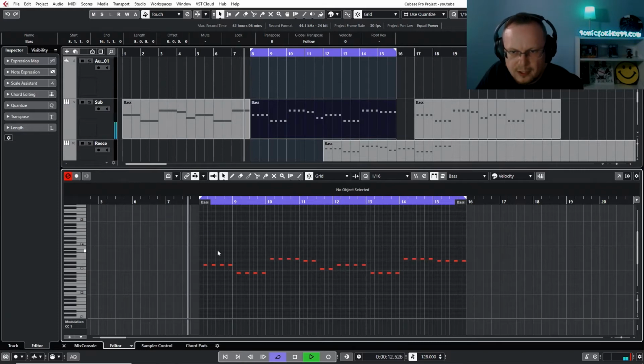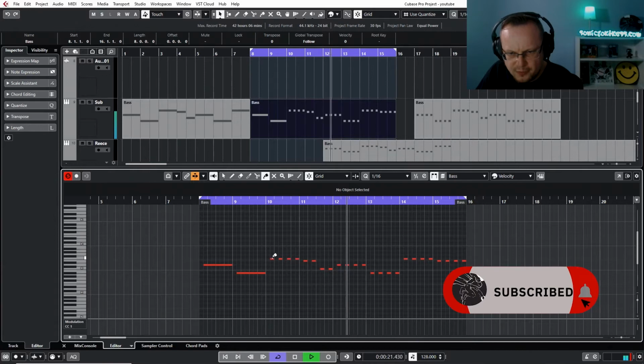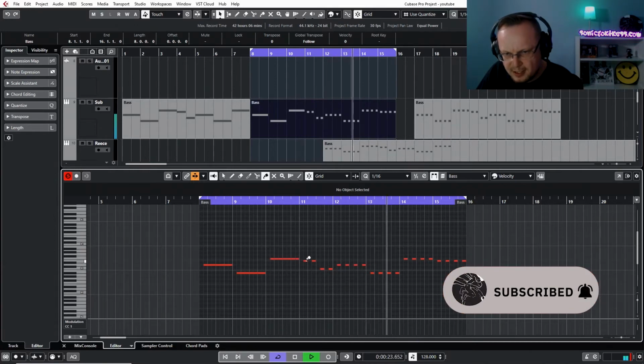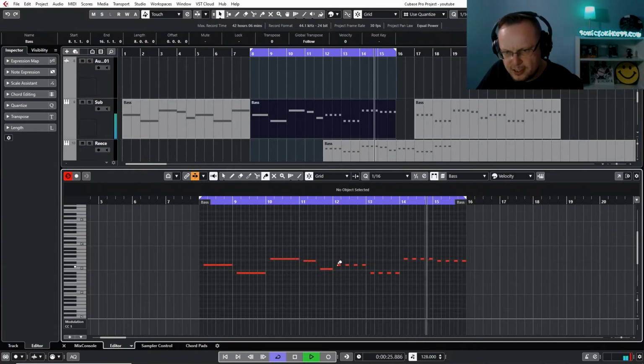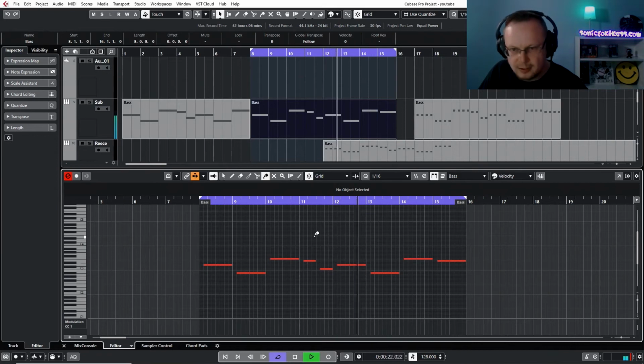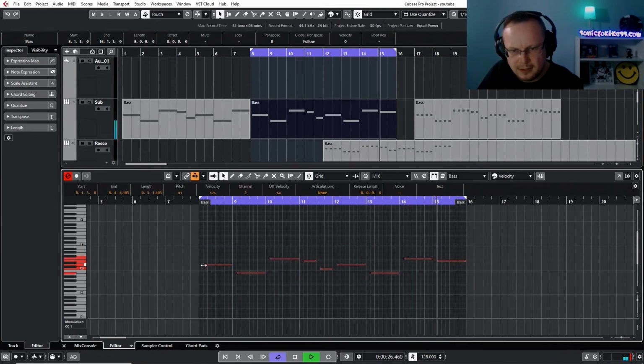Now, we're going to do the same thing here. We're going to glue this. As you can hear the stabby notes. The reason for this is the Vengeance sample pack has made it suit a style which is an offbeat bass, so the kick drum would come in and then the bass note after it. Offbeat bass make it pump, but we don't really want that. Highlight them all out, pull them out, drop the